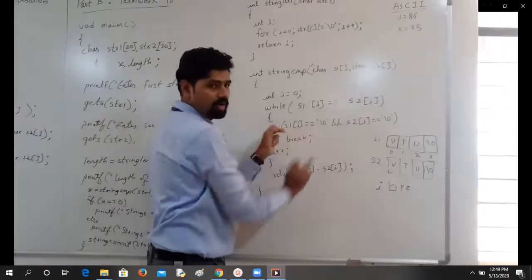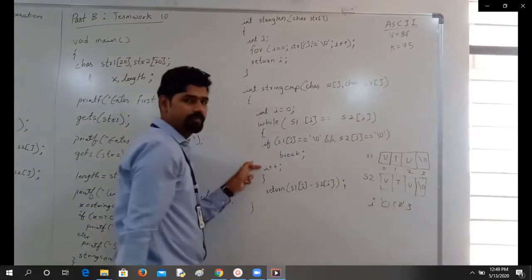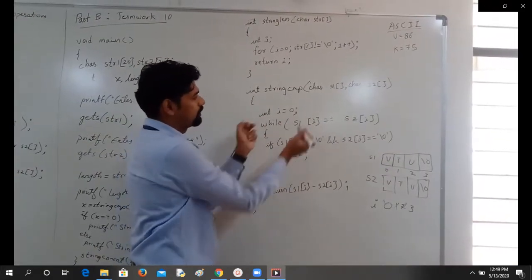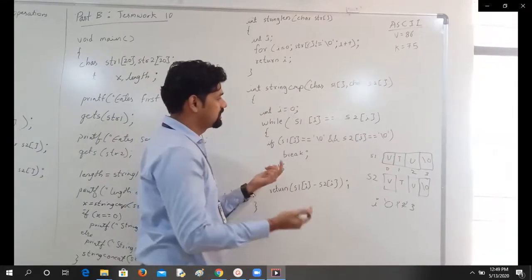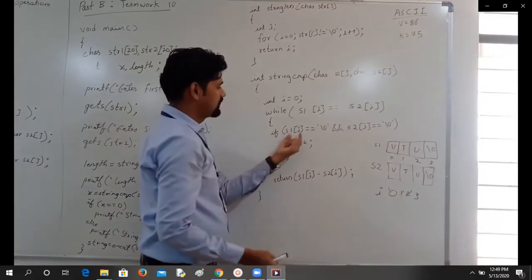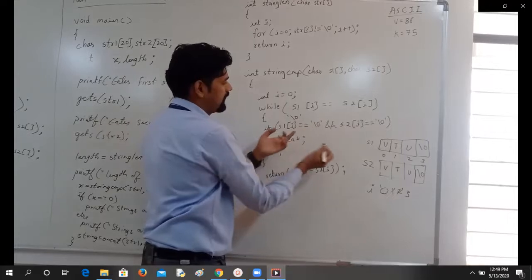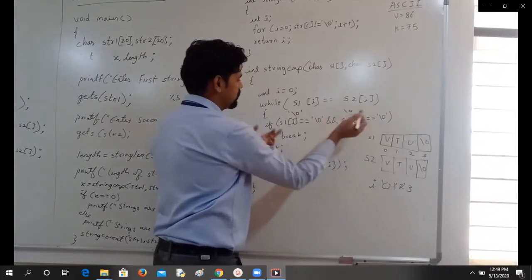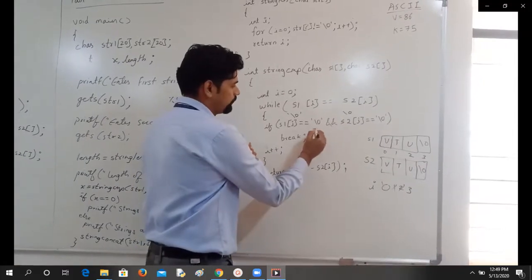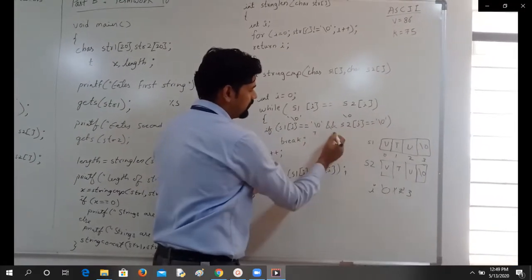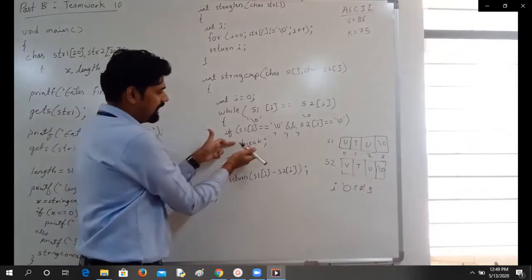I check they are not null character. So I is incremented, it becomes 3. Next, because this is the last statement, control goes back here. I check null character, is it equal to null character? The condition is true again. Control comes inside. So here this S1 of 3 is nothing but null character, and S2 of 3 also is null character. So what is this condition? I am saying null character is equal to null character, which is what? True. And here null character equal to null, which is also true. True added with true is again true. That means this is true now, and break is executed.